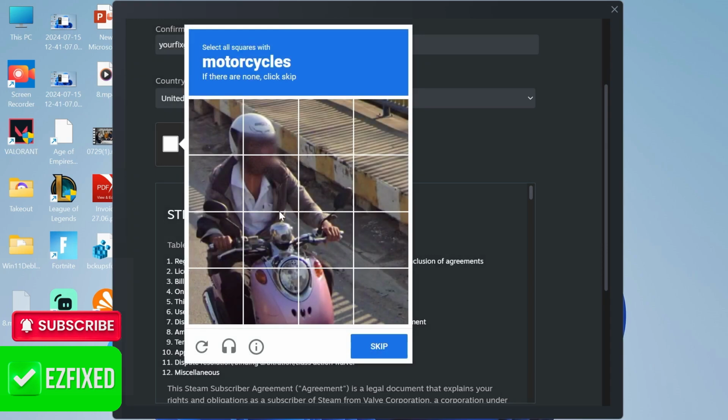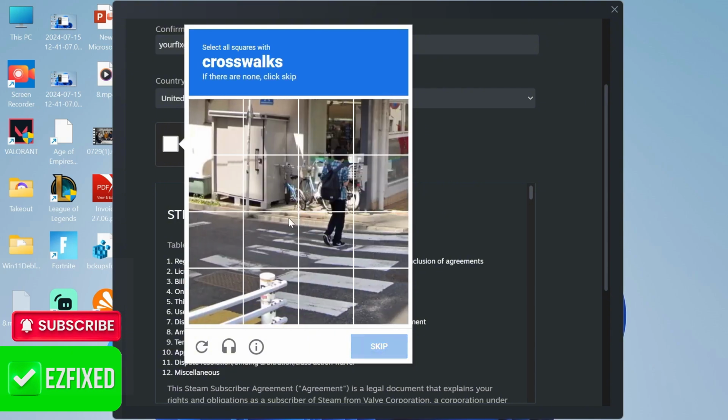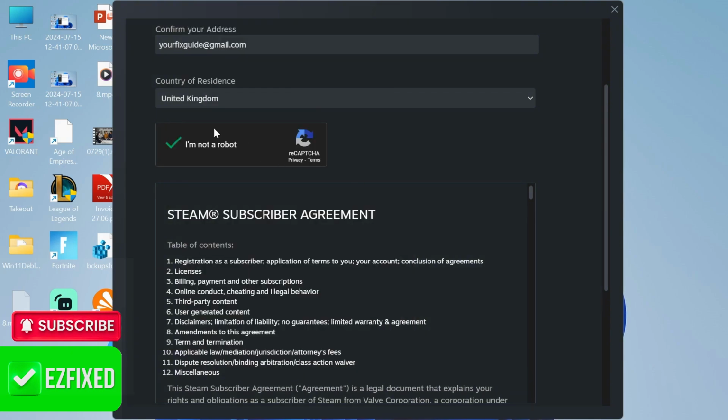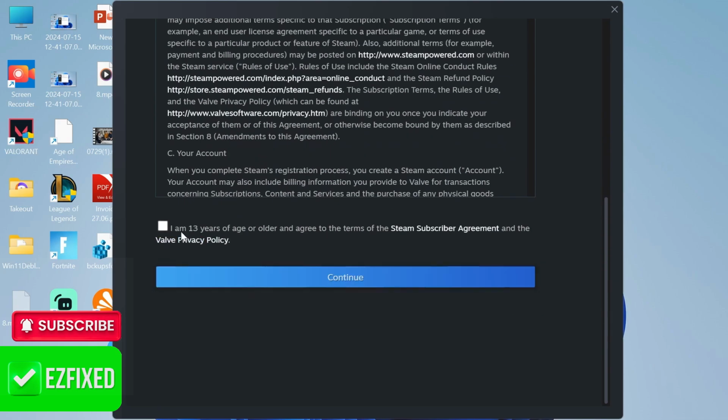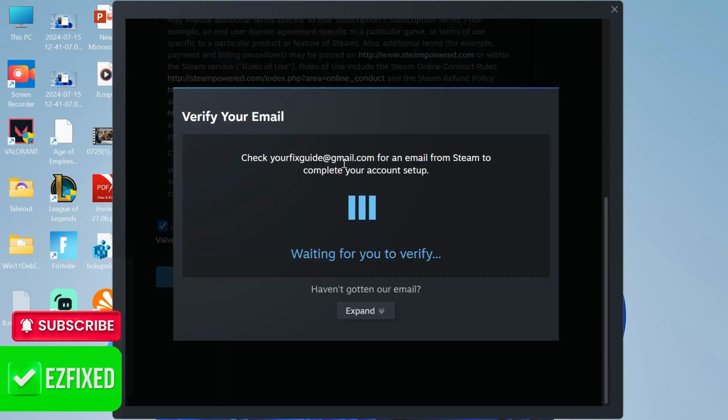Now you'll always be presented with one of these verification things. So just go ahead and complete the puzzle. You'll usually have 3 different ones that you have to complete in here. So once you've completed the reCAPTCHA puzzle, we're going to scroll all the way down to the bottom. Make sure to select I am 13 years of age or older. Click on continue. And this is now going to send a verification code to the email that we just typed